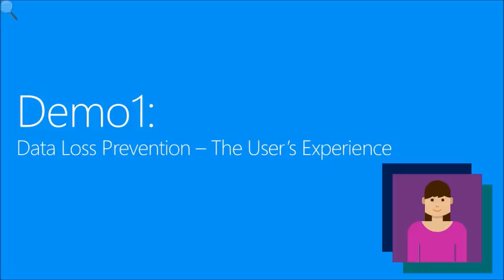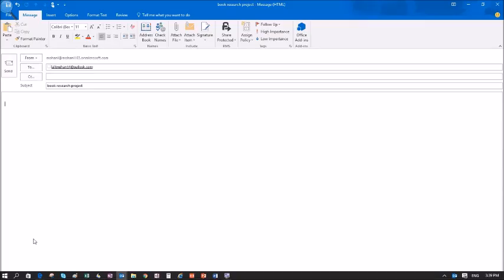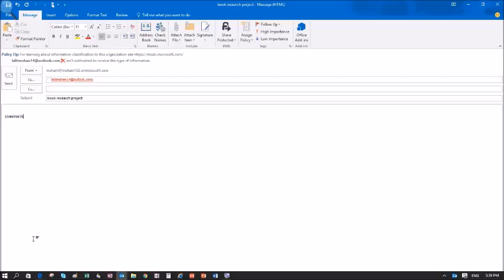In this demonstration, let's take the experience of an end user who is in an institution where such controls are already in place. For purpose of this demonstration, I will take persona of the researcher who's collaborating with the external party and exchanging a research article number. As soon as the researcher types in, he gets a policy exception from the Office 365